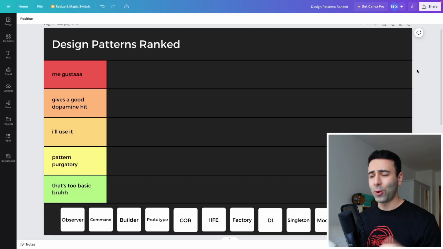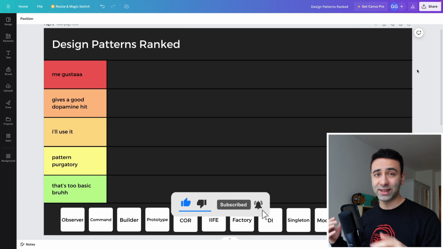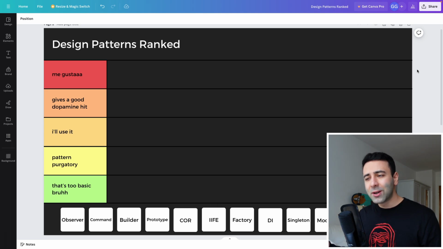Today I've been thinking about all the design patterns that we use in our code on a daily basis, and then I realized that I definitely have some of them among my favorites, and I also have some of them that I don't really like that much. And I thought, actually why not try to rank them in one of my videos, with the help of Node.js,